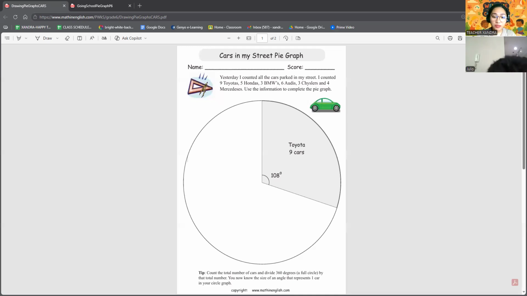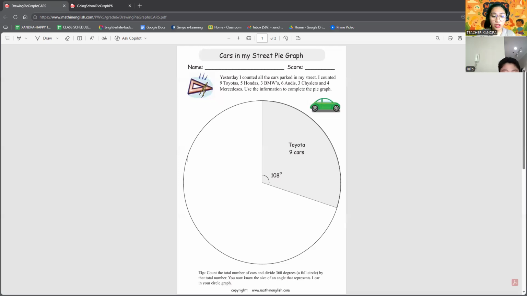This review is important because pie graphs are used in many subjects like math, science, and even in real life surveys. By practicing this, Julio, you will become more confident in reading data, comparing groups, and making your own graphs. Today, we will go step by step, check your understanding, and do activities together so you can master this skill. Julio, you are doing great so far in our past sessions. This session will help you become even stronger in reading and making pie graphs.